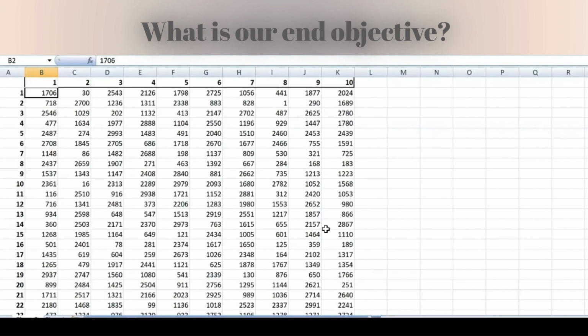So this is my desired output, right? 10 columns and the rest of the data goes in rows. Since we have 3000 data points, we will have 300 rows for that, right? 10 columns into 300 rows. So 3000 data points of that. So what we are going to do is